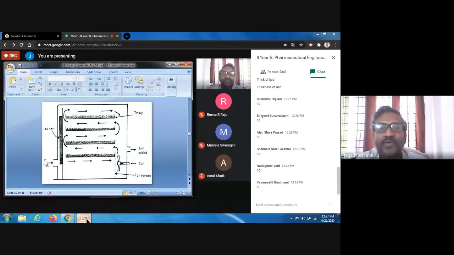Now you tell me, is the tray drying process a batch process or continuous? If it is a batch process, you write batch. If it is continuous, you write continuous. It means per one time you can accommodate 100 kilo only, not more than that, because your dryer capacity only accommodates 20 trays, as it has some space inside it. It means 20 into 5 kilo is 100 kilo. So the batch size for this particular dryer is 100 kilo. It means it is not a continuous process, it is a batch process. It can accommodate only